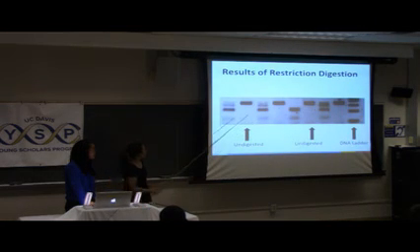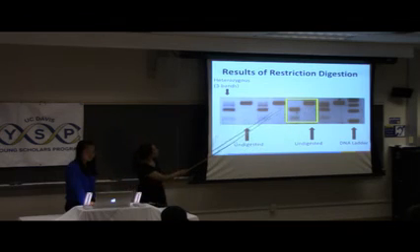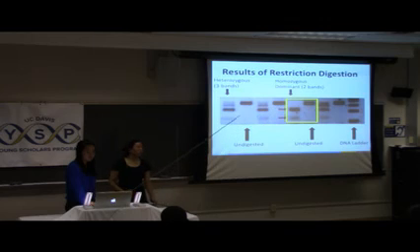More specifically, if we take a look here, this right one is the undigested one, meaning that we didn't add a restriction enzyme to it. And here we see that there are 3 bands, meaning that's heterozygous. In the other case, this one also undigested, meaning there's no restriction enzyme, there are only 2 bands, meaning that it's homozygous dominant.